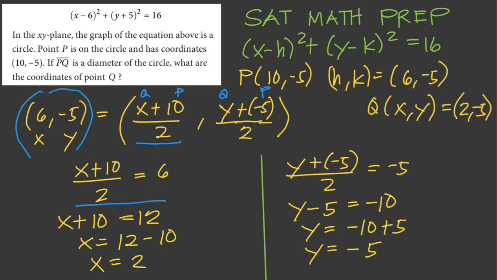So we have (x + 10)/2 = 6. And to solve for x, we just do this,